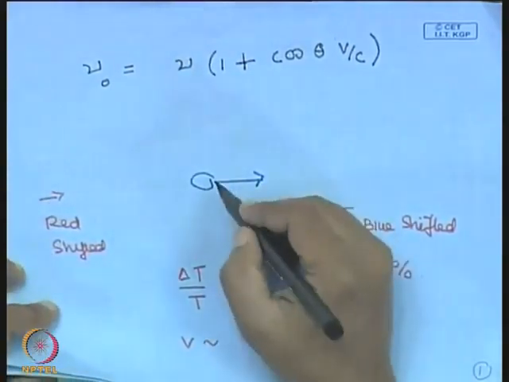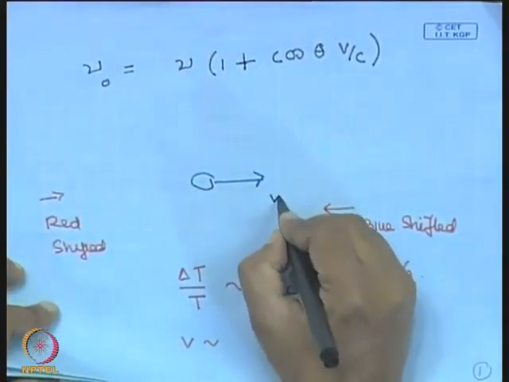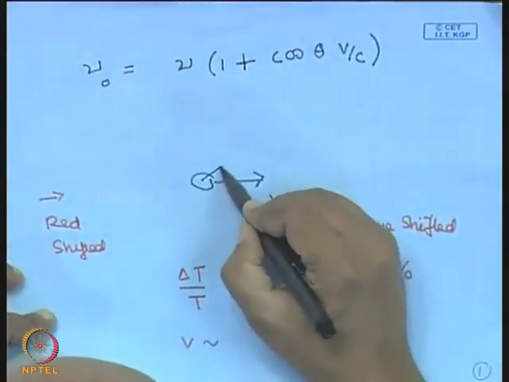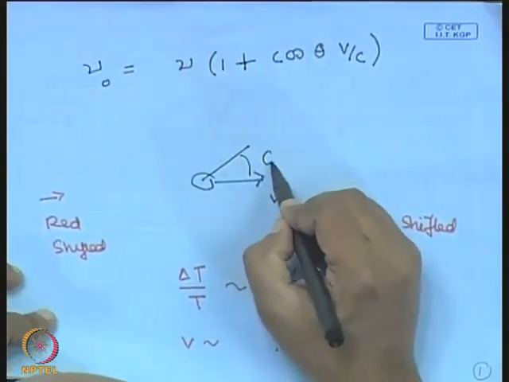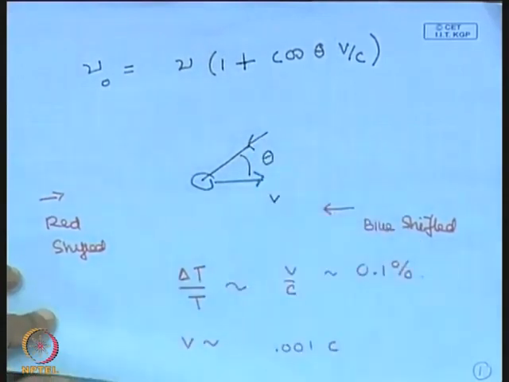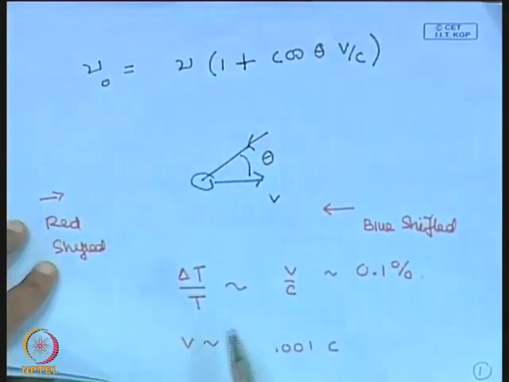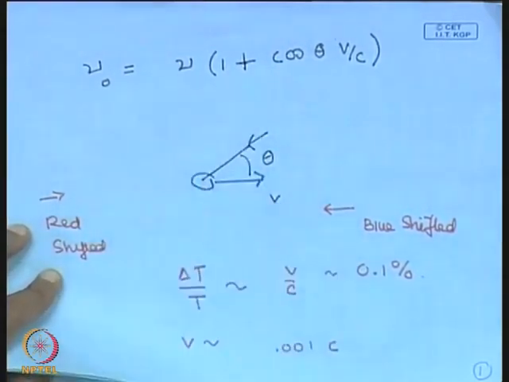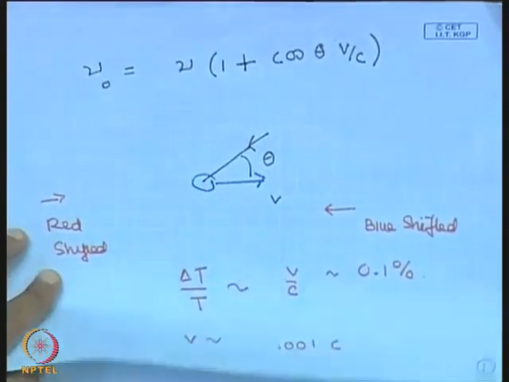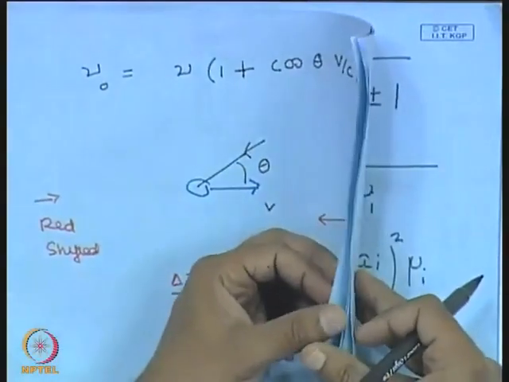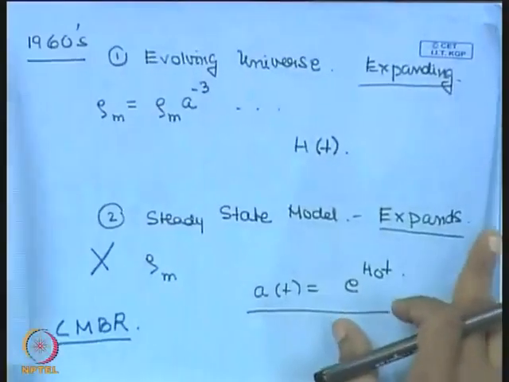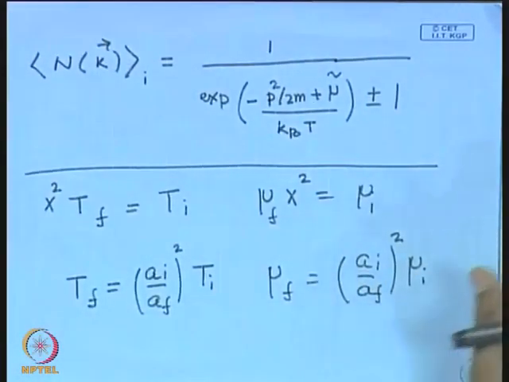Here theta is the angle with reference to the direction of our motion. So if I see a photon coming from this direction, and it has a frequency nu in the frame where the CMBR is isotropic, then I will observe it at a different frequency given by this. Similarly, the wave vector will also get changed, and we know that the occupation number of that mode will remain unchanged under this transformation.